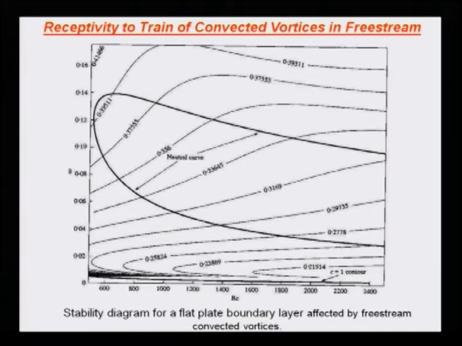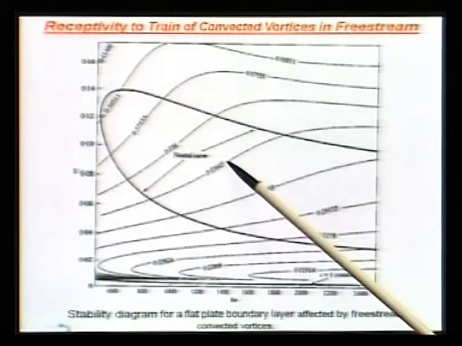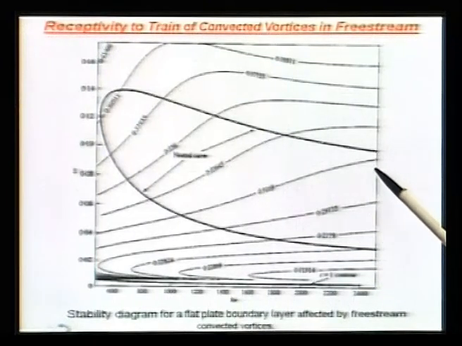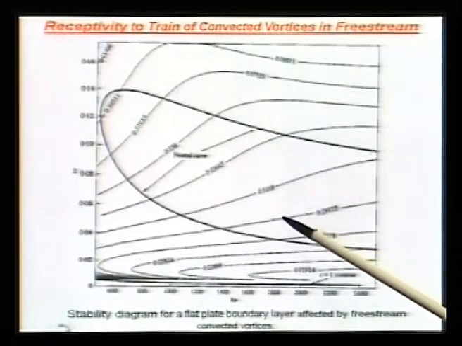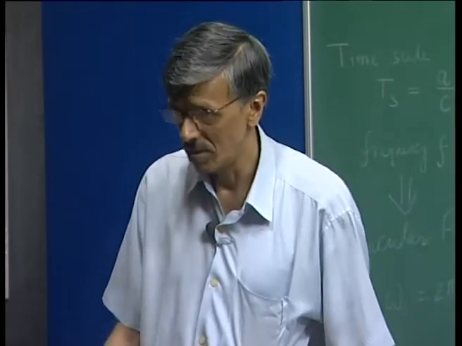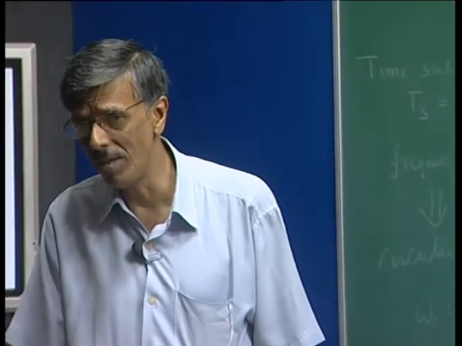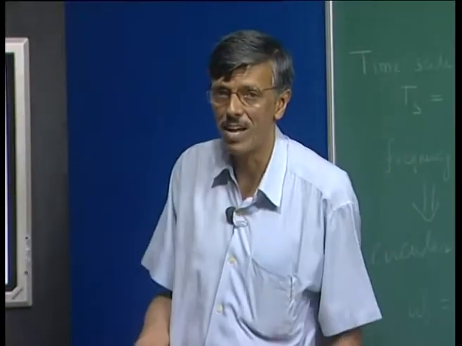What more? If you recall what we have studied about the alpha I contours, this is alpha I equal to 0. Inside alpha I is negative. How does it increase? We have the highest value of the alpha I contour as a line like this. So what happens is the disturbances that convect with speed other than u infinity go inside, stay over a longer region, remaining unstable, and they also visit the unstable path and stay there for a longer time.